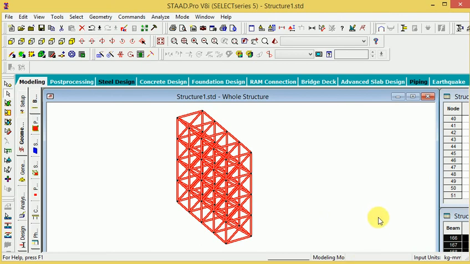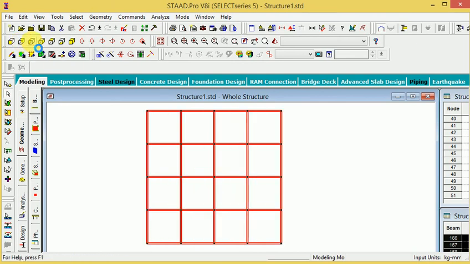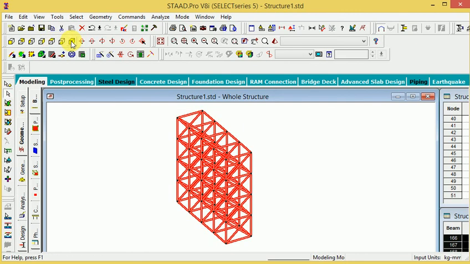So this is very easy to work from the view orientation of Start Pro, and everything in your diagram is working here. If you want to work in front view, you can click the front, and side view, front back, right view, right back, bottom view, top view, and isometric.